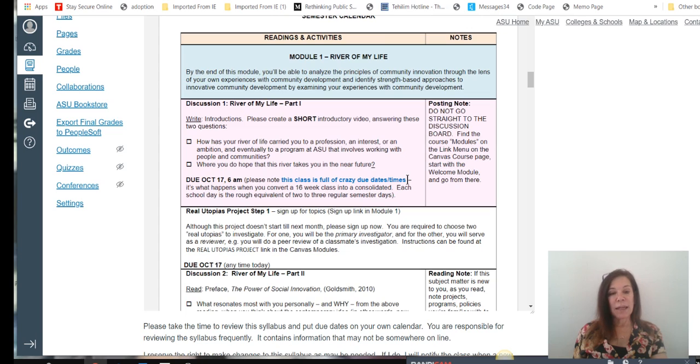And the reason for that is I miss things and I want to take them out of Canvas, so it's one less place where I'm going to have done something wrong. So in spite of that, somehow due dates came with the assignments from last semester, and I didn't realize that.